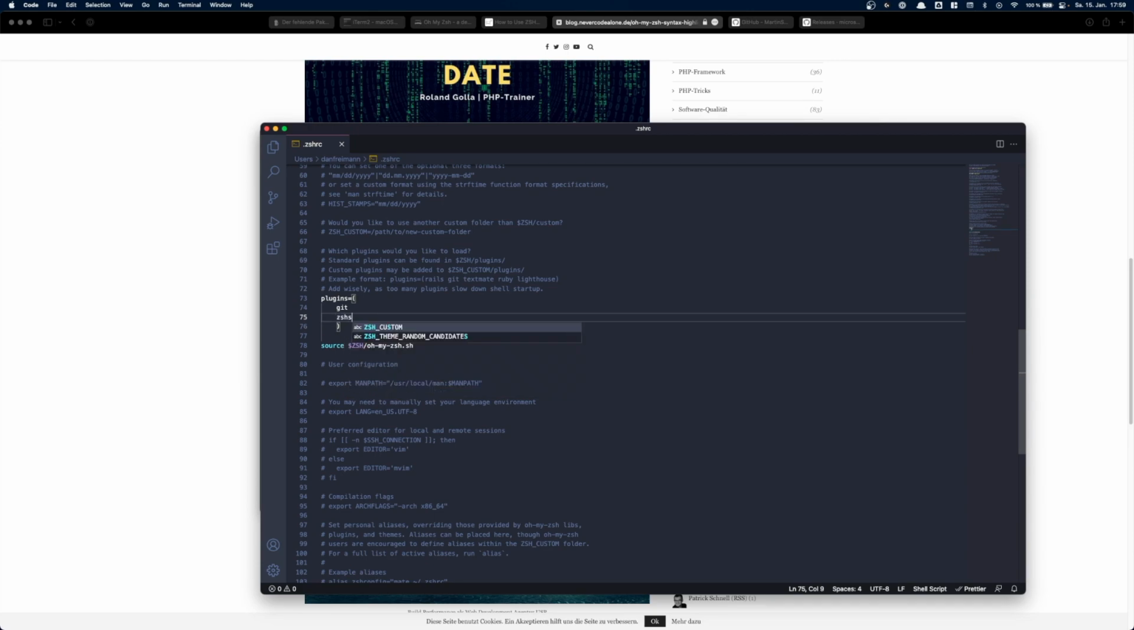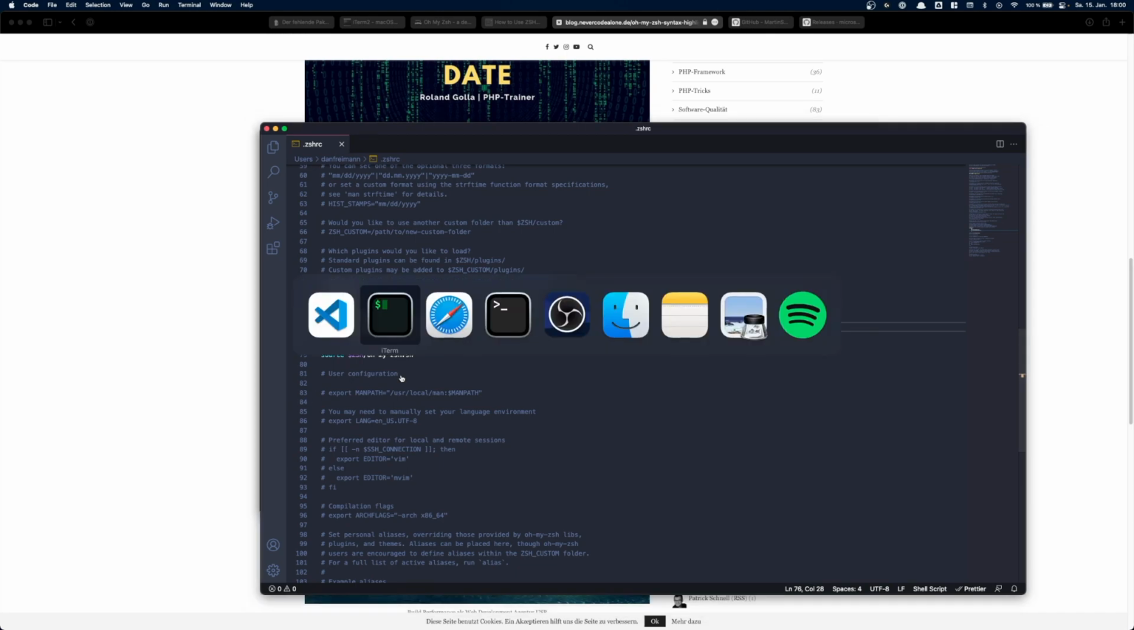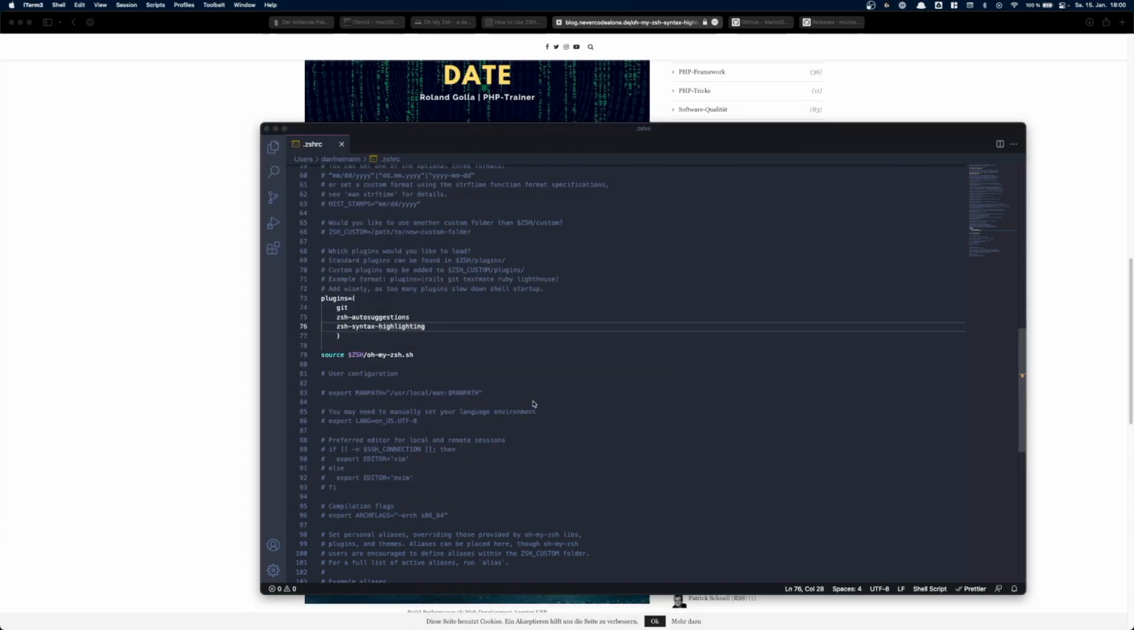So I add the zsh-autosuggestions plugin, and I add the zsh-syntax-highlighting to the plugins part. Then just save the file, go back to iTerm2, quit the session, open it up again, and now when you use